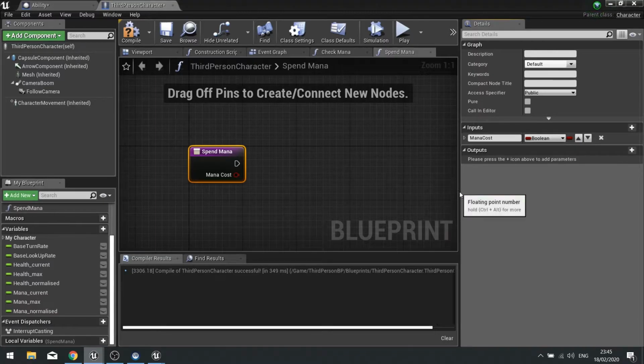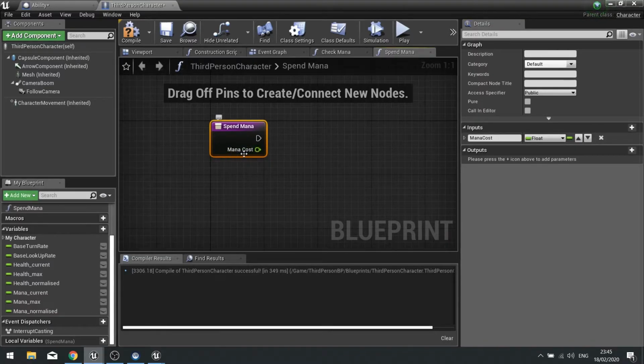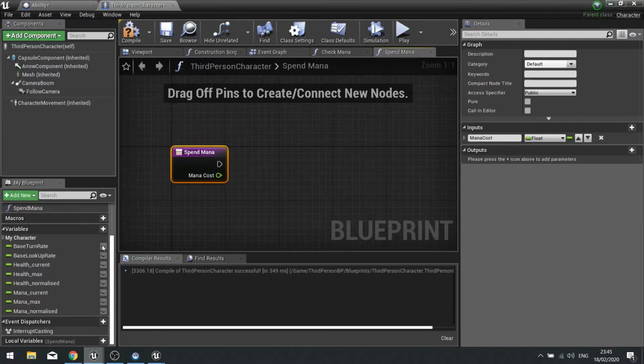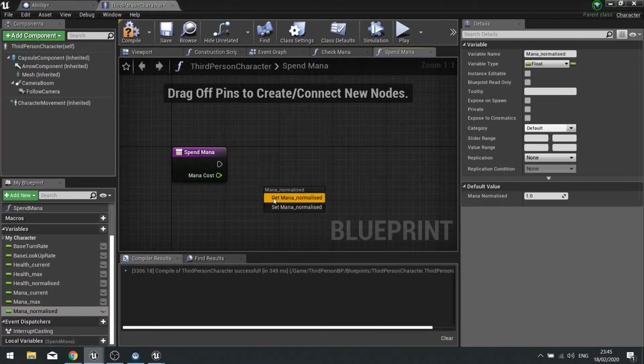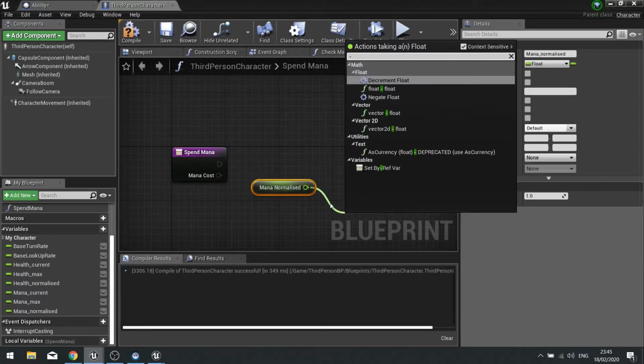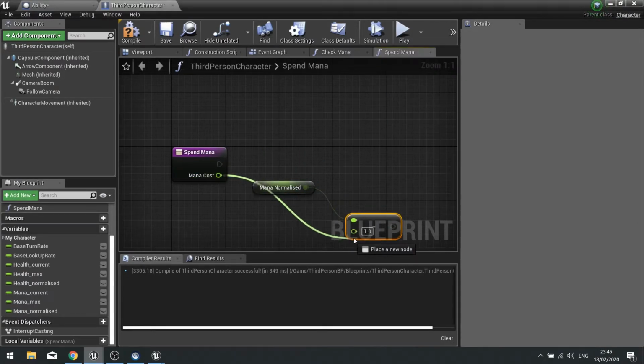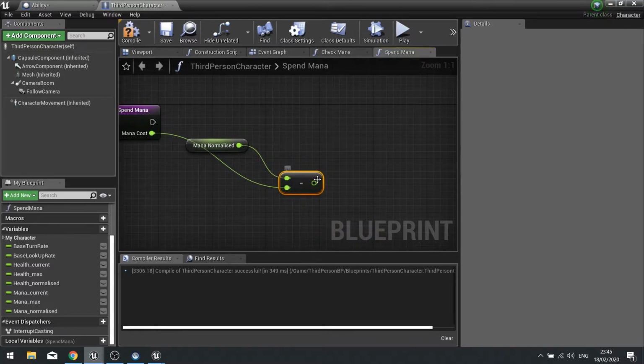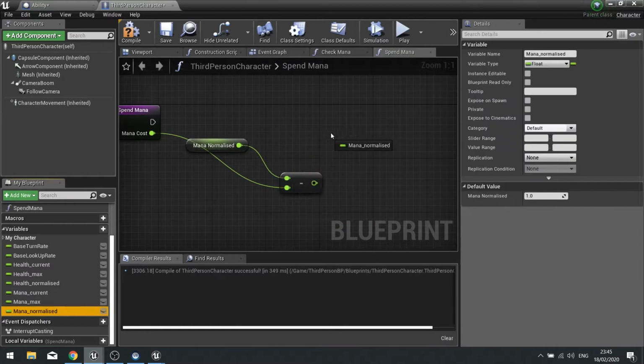So spend mana, we need a mana cost associated to this. And that'll be a float. Remember, this is normalized, so it is a percentage. So we want to just get mana normalized out and do mana normalized minus mana cost, and set that back to mana normalized.